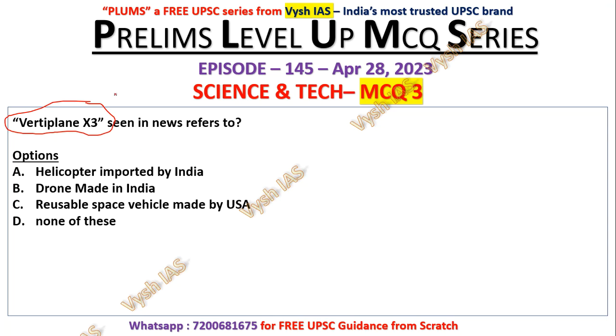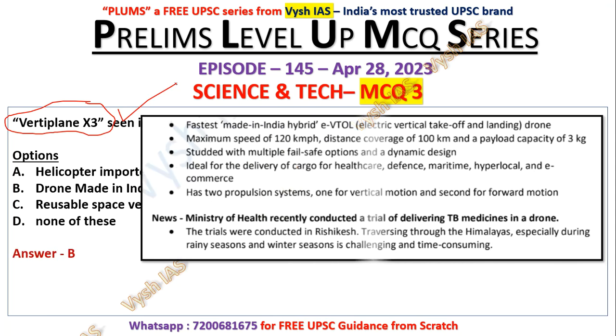Okay, so this was again in the news in February 2023. So here the answer is, it is a drone made in India. Fastest made in India hybrid eVTOL, that is electrical vertical takeoff landing drone, maximum speed of 120 km per hour, distance coverage of 100 km, and payload capacity of 3 kg. Okay, so this one